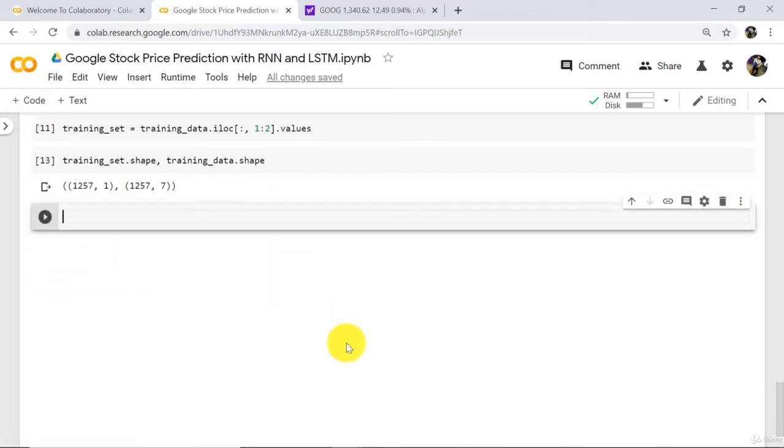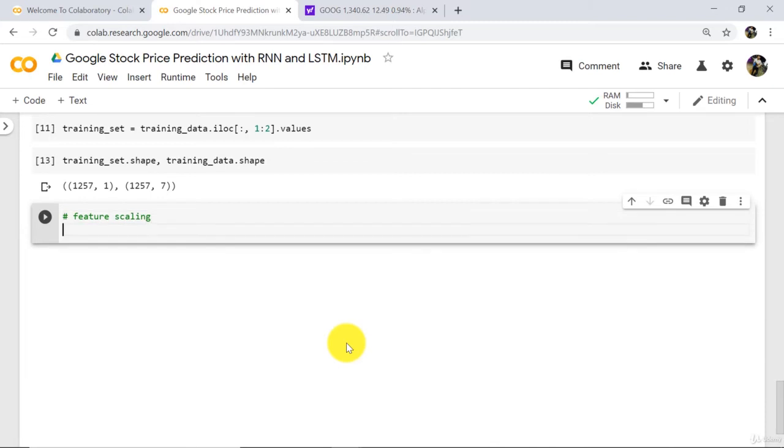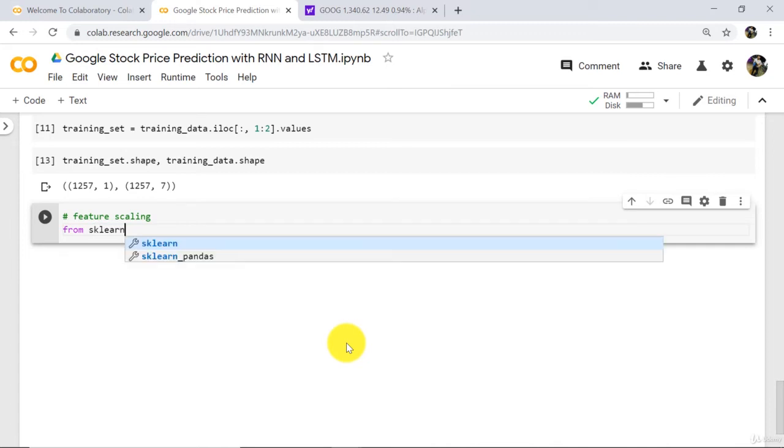After selecting the training set, we will apply feature scaling. Now note down here, there are two ways to apply feature scaling: standardization and normalization. This time we will do feature scaling with normalization. In RNN, we use normalization. First we have to import the library, from sklearn.preprocessing import